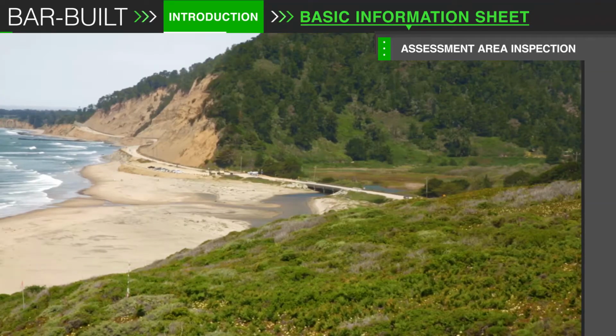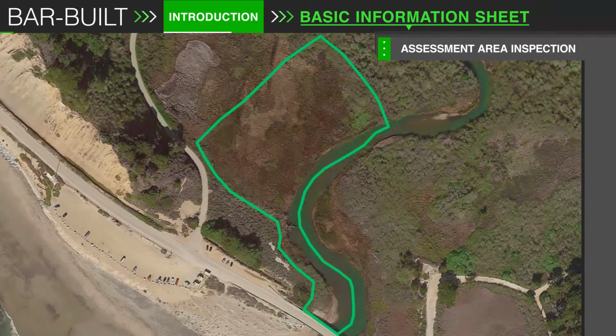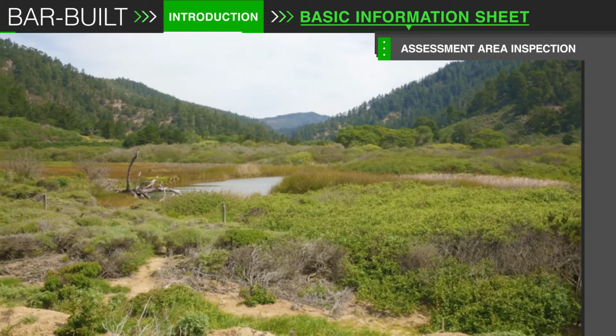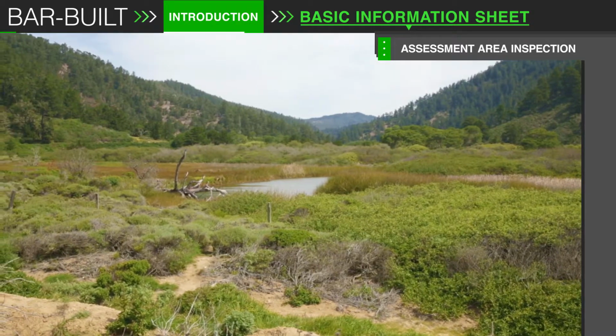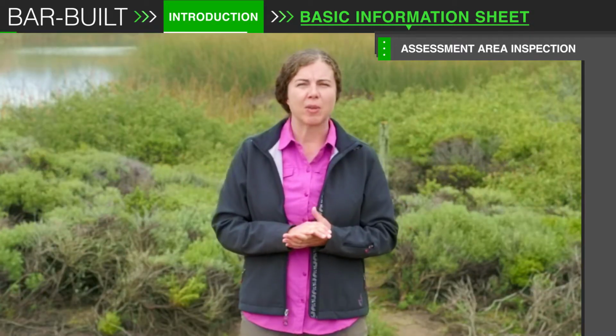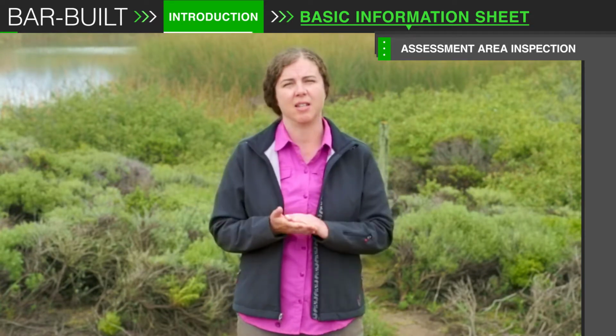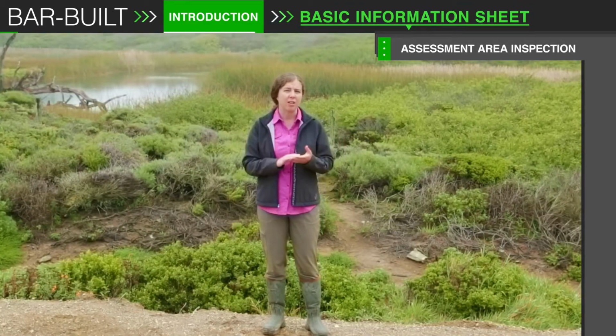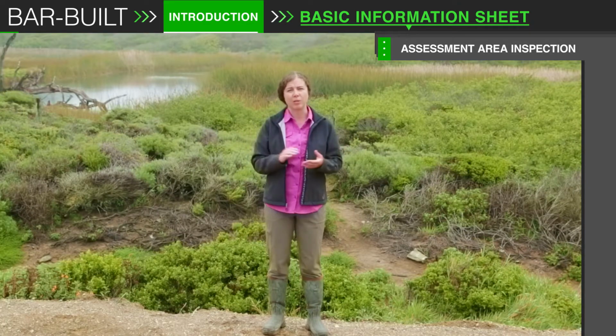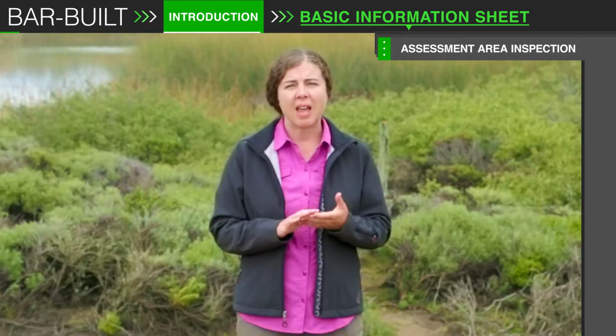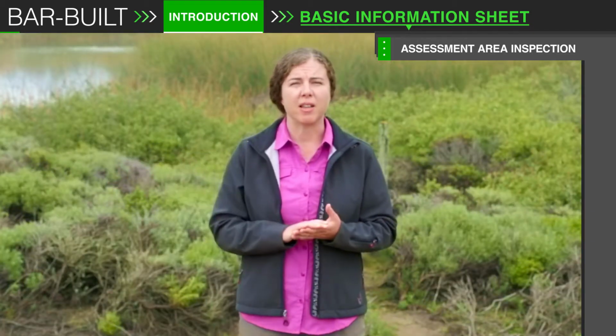The AA will extend from the beach side of the lagoon where the vegetation starts, where the vegetation covers at least 10% of the area. You'll extend from there upstream to the transition to riverine wetland. You will include the backshore and any overhanging vegetation that covers the backshore. At this assessment area, we included most of the marsh plain on the north side. However, we did not include the marsh on the south side because the channel is not safely crossable. You don't want to cross a channel that is wider than 50 meters or uncrossable during low tide. We extended the AA upstream to the transition to riverine wetland.